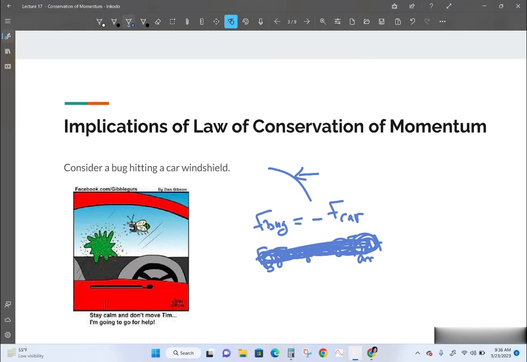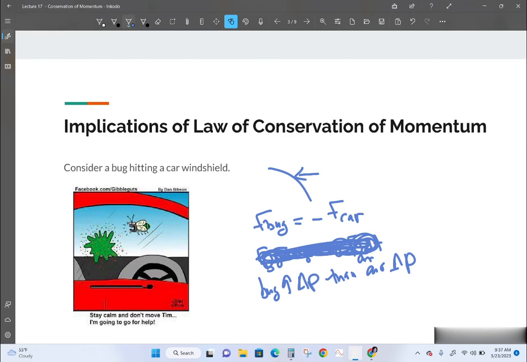But which one's going to have the bigger change in momentum? Well, the bigger change in momentum is going to be the bug, right? Why? Because it's actually going to stop. And why? Not because it has more force on it, but because its body can't handle the force that it does have on it. It just doesn't have the material, internal strength to be able to handle that force, and so it goes flat. So the bug has a greater change in momentum than the car,